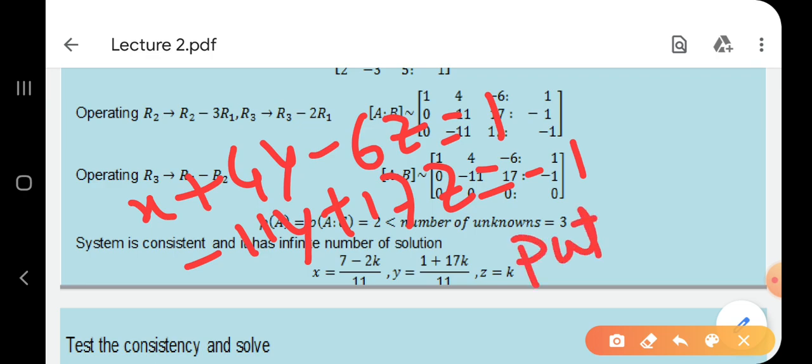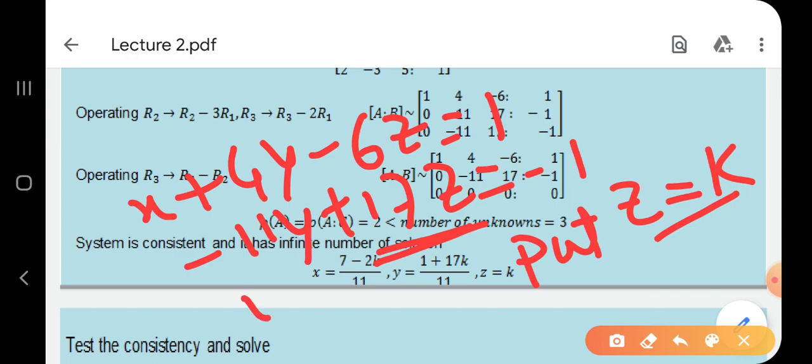the last variable. What is our last variable? z is equal to, you may take k or t. Here we take k. k is some constant, a temporary variable, and that's why we say infinitely many solutions, because my k has infinite number of values. One of my students may take k equal to 1, that is one solution. Second solution, take my roll number is 2, I can take k equal to 2, no problem. k equal to 100, you can take any value of k. Correct? And put that value of k in this equation, so I get y also in terms of k.